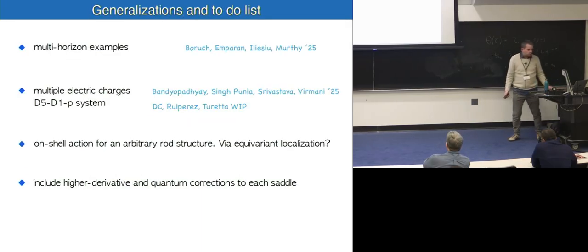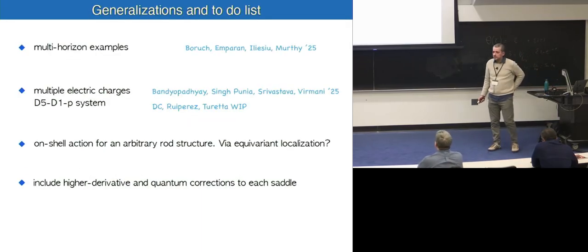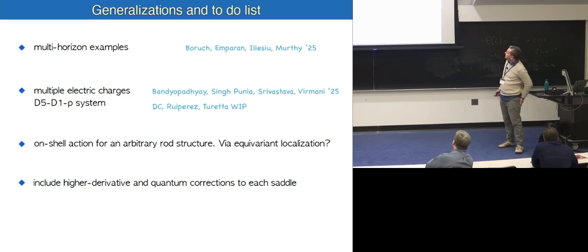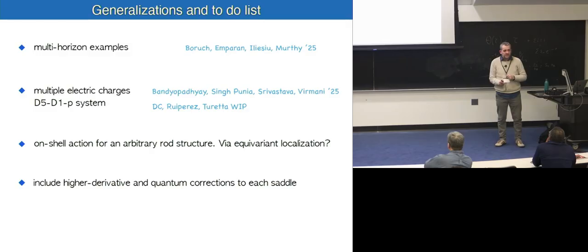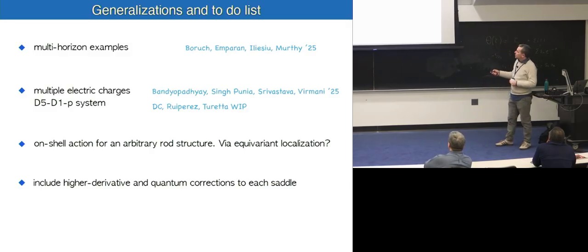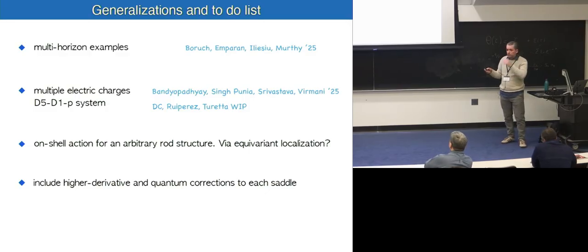So here I come to my final two slides. In all the examples that I presented, there was one horizon and possibly many rods. We can also have multi-horizon examples. So I gave the rules for constructing them, but then one should also construct them explicitly and maybe compute the on-shell action of the solution. This is not something we have done,